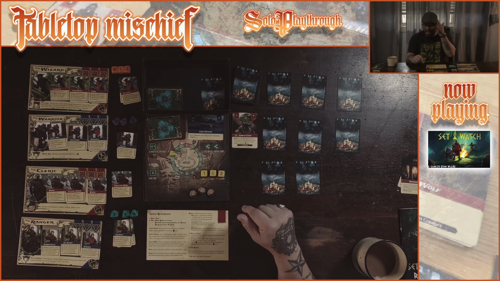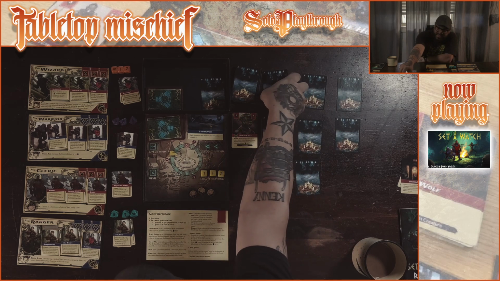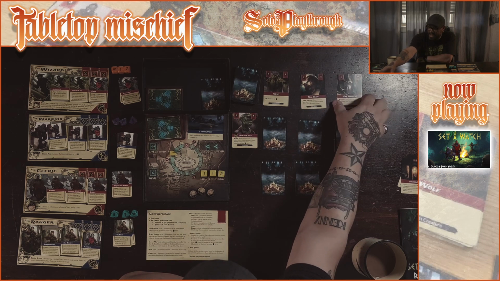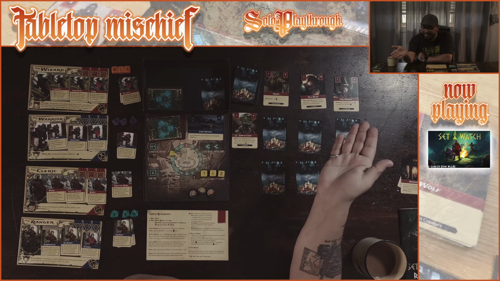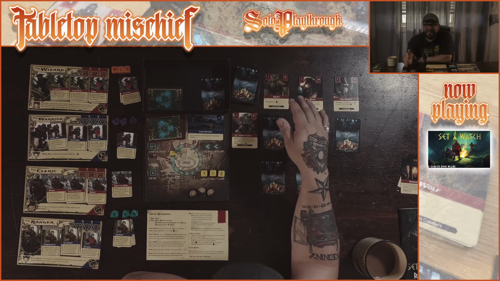Pretty sure you can't see that, which means we can flip over the first 3 creatures. Let's see what we got. We got a tree ant. We have a fell beast. Oh, I hate those things. And we have a fire serpent. So all pretty high health. So the tree ant,